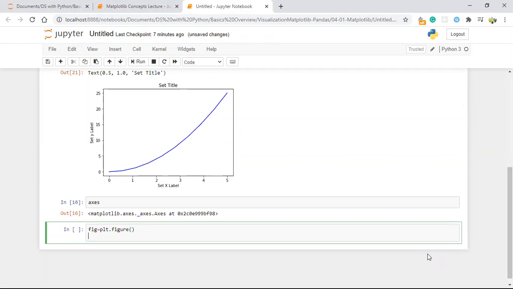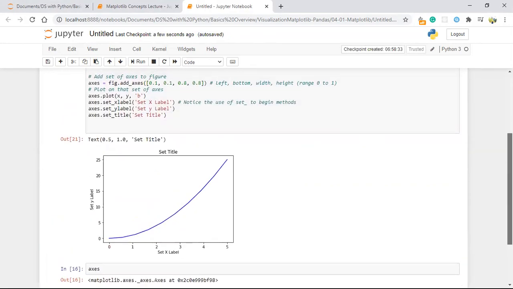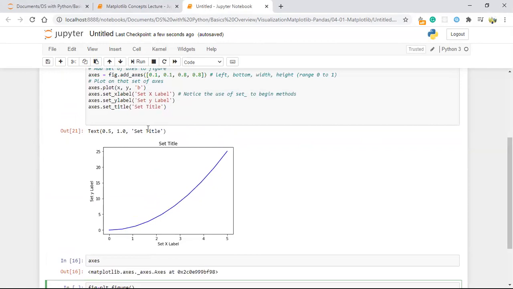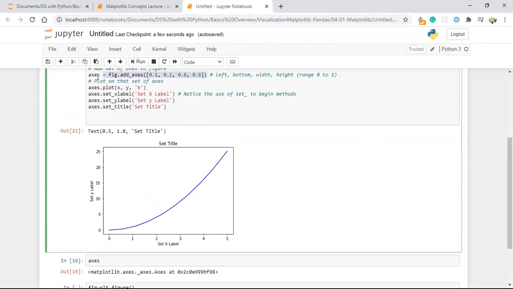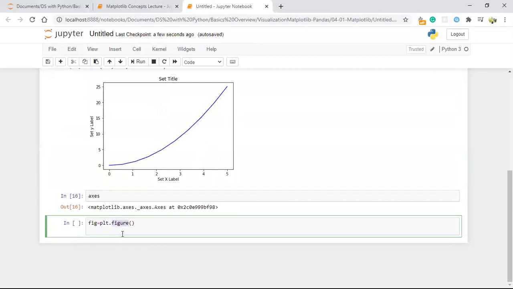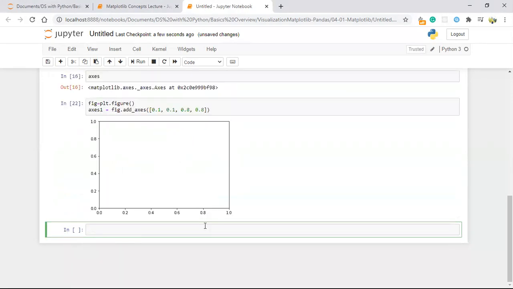The next thing I did here is we are going ahead with this axis. So I made this axis. Whenever you are using the figure, you need to plot the graph with the help of axis only. So axis equal to figure, that's nothing but this variable name, add axes 0, like this. Let me make this axis 1. Let me execute this. You will be getting an output like this.